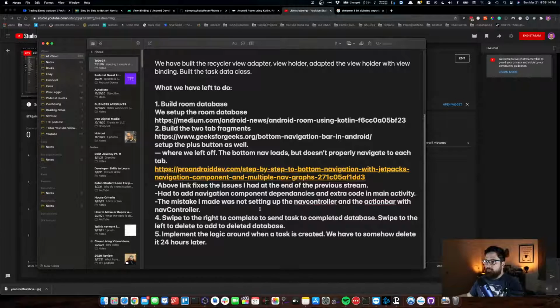But I had a problem combining the bottom view bar, where you have the options at the bottom, bottom navigation pretty much, and navigation components, nav components. I don't know why it was having such a problem, but basically things weren't connecting, and most likely it was just noob mistakes, where I was trying to do too much at once